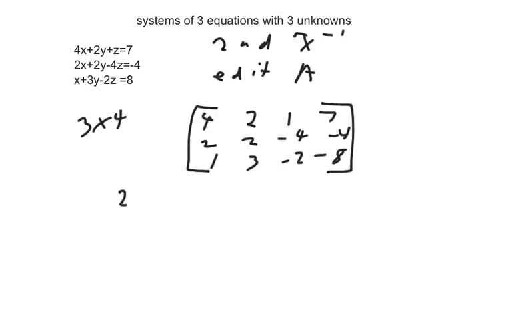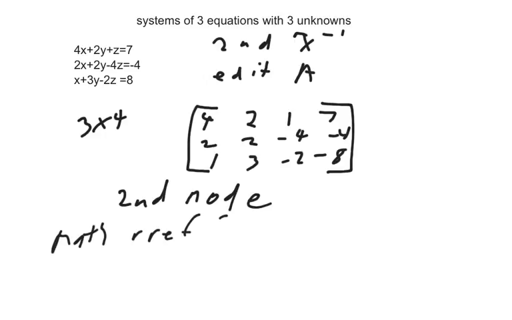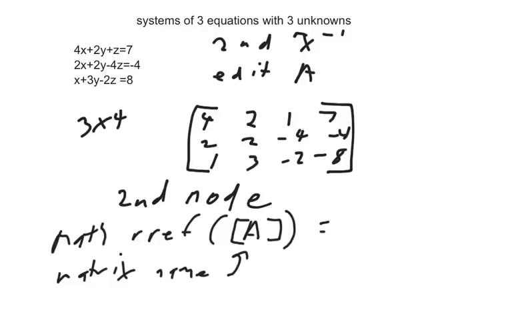Alright, once you've done that, you need to hit second mode to get out of there, to get to the regular home screen. And then you want to go back to your second matrix button and go over to math and look for RREF, which stands for Reduced Row Echelon Form, but you won't be tested on that, so you just have to remember that it's RREF. Go back to matrix, and under name, pick A because that's where we put it in,